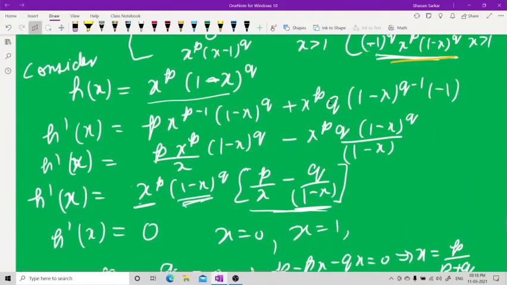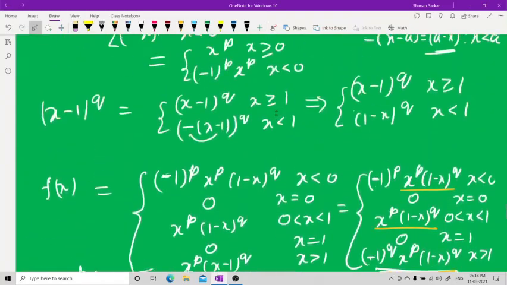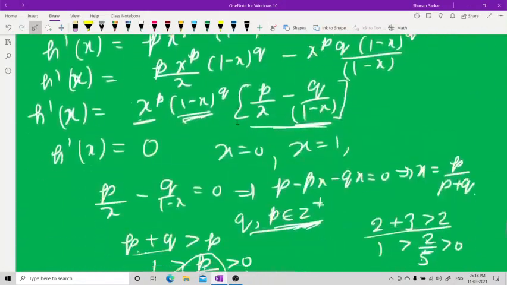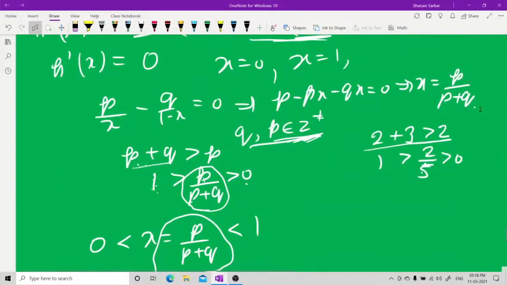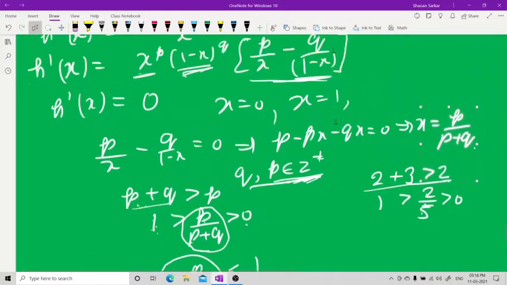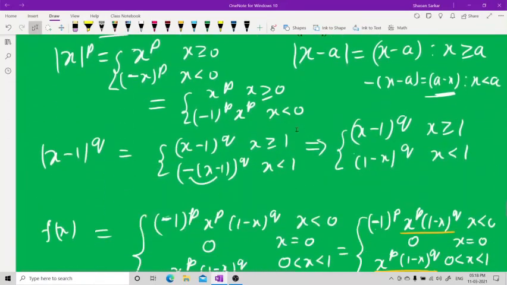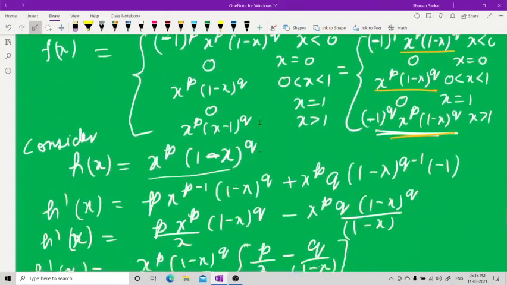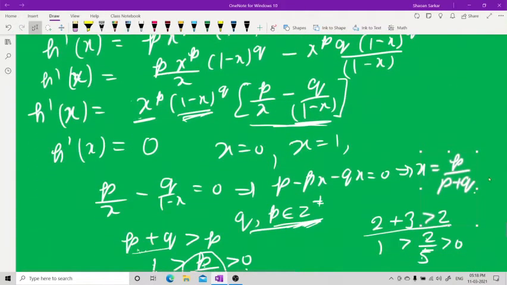Now this is a generalized case of p and q. Suppose you take p equal to 1 and q equal to 1, you will not get this 0 and 1. You will always get this point. कहने का मतलब ये है, अगर यहाँ पे p और q की जगह पे 1 ले लो, तो कभी भी वहां पे ये 0 और 1 नहीं आएगा, सिर्फ ये आएगा, मतलब ये हाफ आएगा. ये वाला जरूर आएगा, हर समय आएगा.